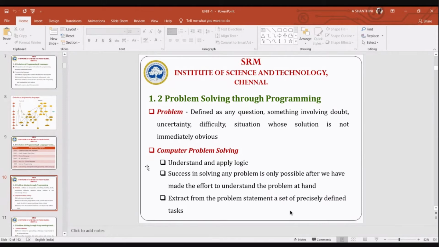So when I get a problem, the first step is to identify my problem, that is to know what the problem is. My problem in this case is how to spend my evening. I'm not going too technical, I'm just trying to help you understand how we are to solve the problem. So my first step is to identify my problem, and then the next thing is I have to understand the problem.